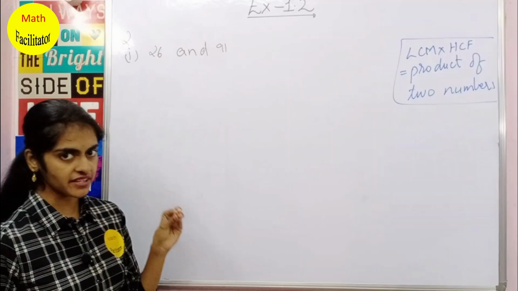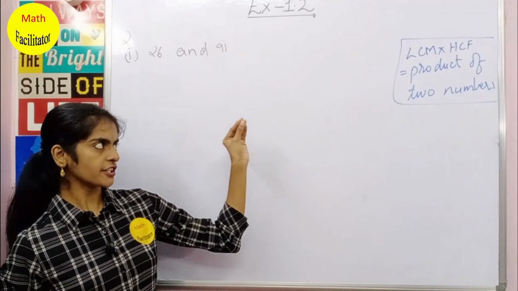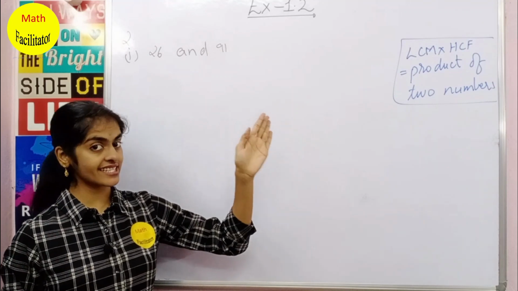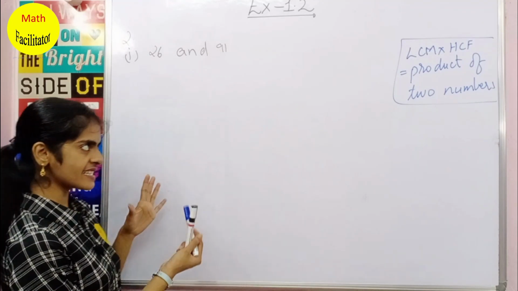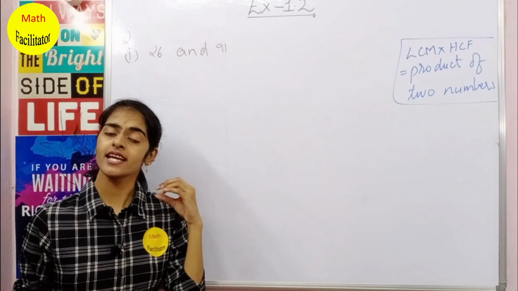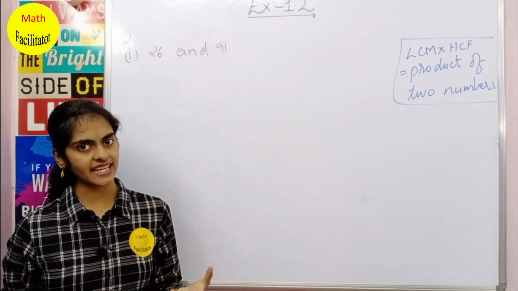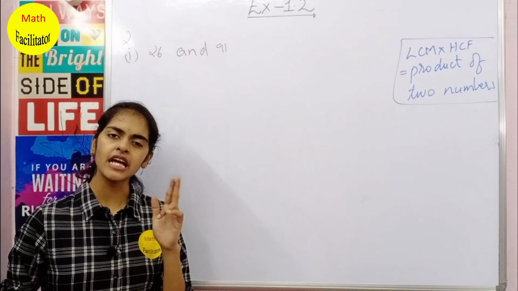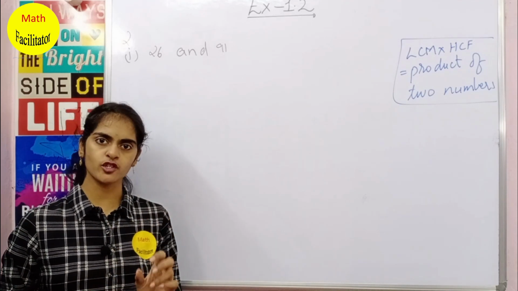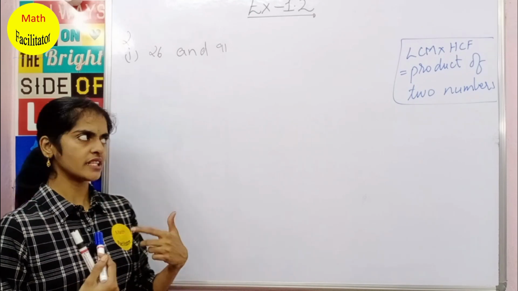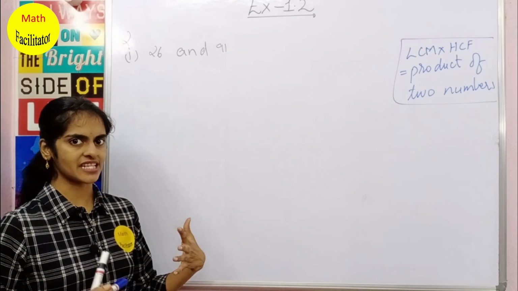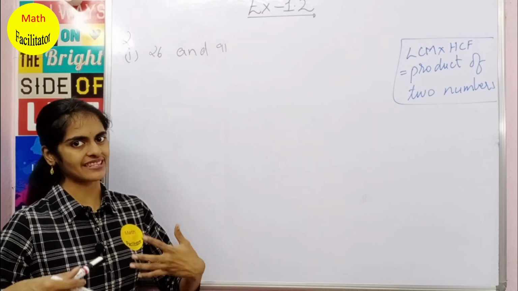Okay, and you have to verify that the product of LCM and HCF is equal to the product of the two numbers. For this question I would like to choose the division method for both LCM and HCF, because in the third question it was mentioned that you have to solve LCM and HCF using the prime factorization method. So here let us do it by the division method, because anyway we are going to do the prime factorization method in the next question.